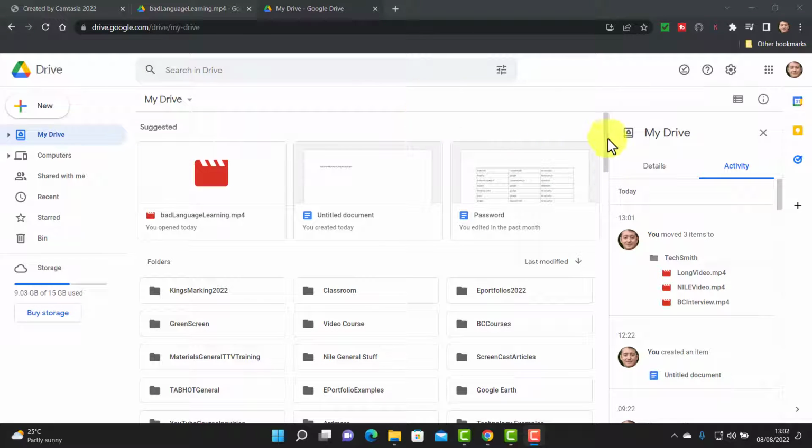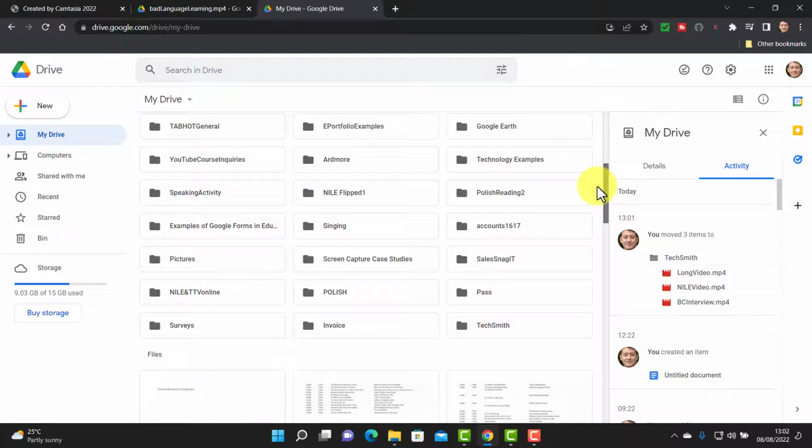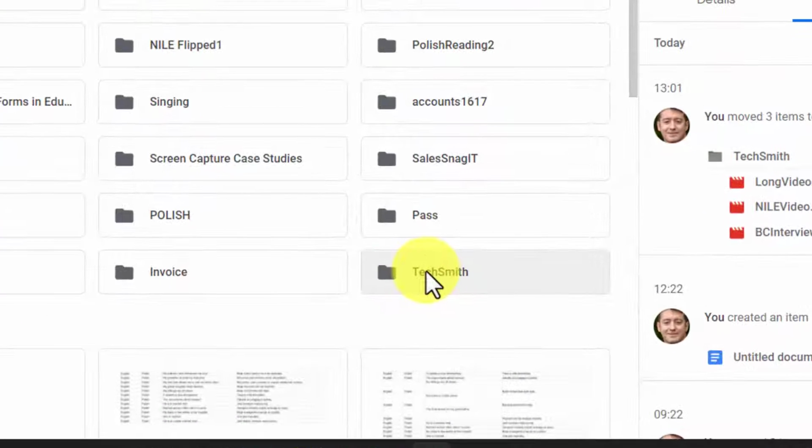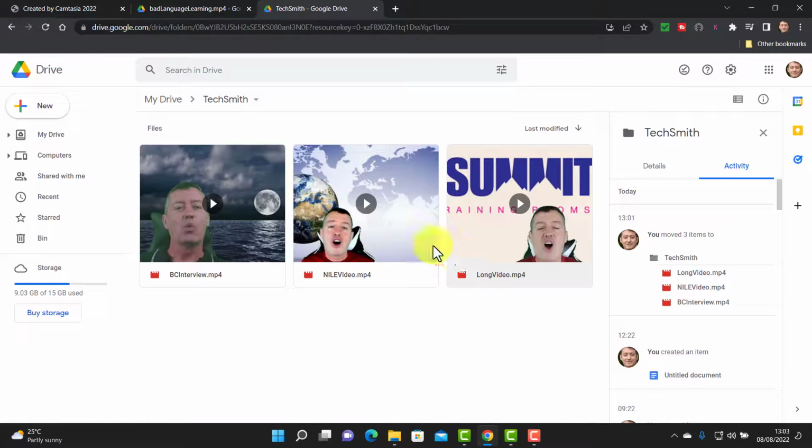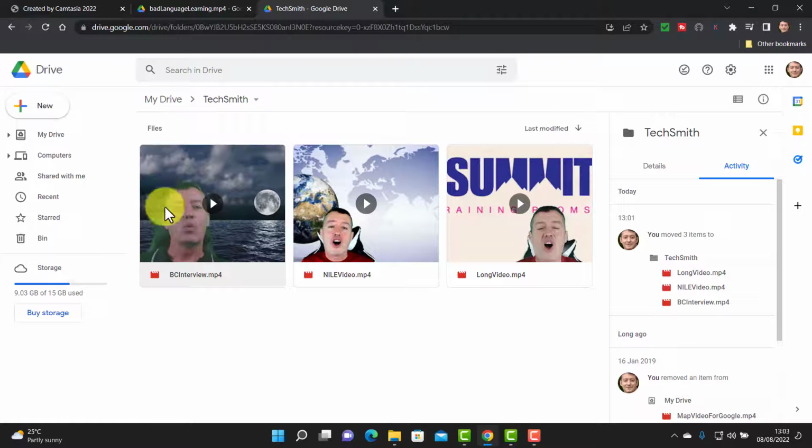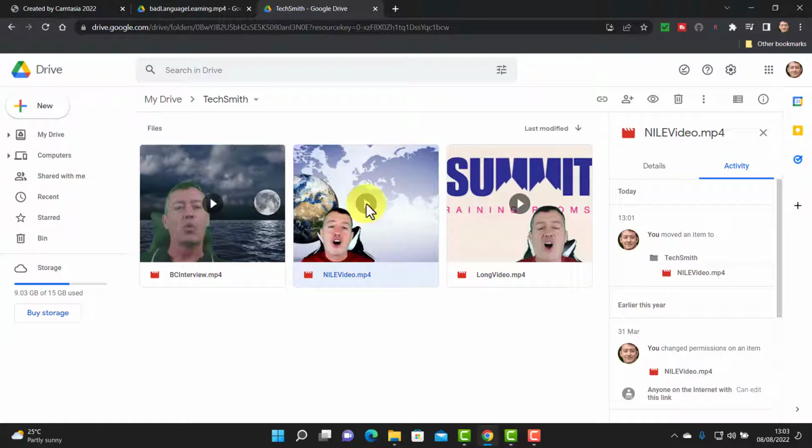So if I jump over to my Google Drive, I can scroll down to my TechSmith folder. Remember, automatically a folder is produced for you, a TechSmith folder. Camtasia is made by TechSmith. You can click on that and you'll see all the videos that you made, including the one that I've just uploaded. And of course I can click and play these videos. And of course I can also share these videos as well. So if I double clicked on this video, for example,